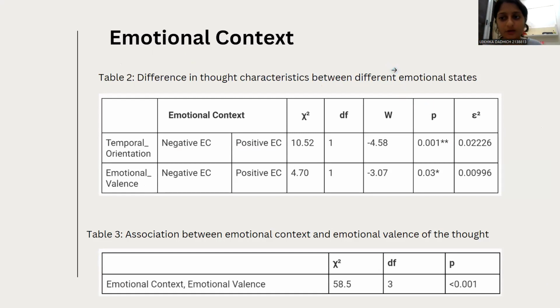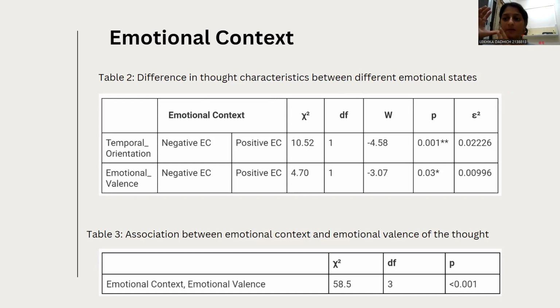Next, when I talked about context, right? So participants were also asked how they were feeling right now. When they got a survey, the survey has a sequence which is also randomized, so that there are no order effects. So when it came to emotional context, we hypothesized that there would be a clear difference between the